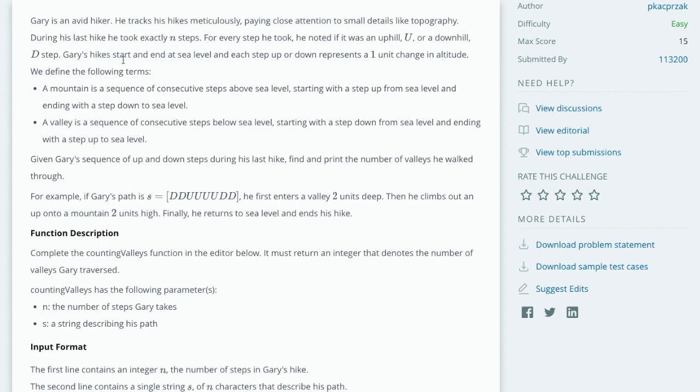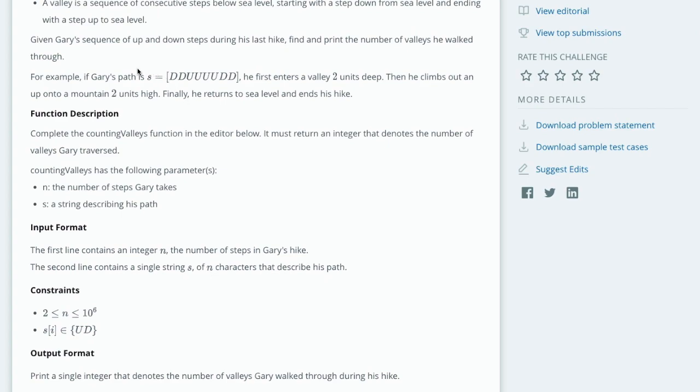Gary's hike starts and ends at sea level, and each step up or down represents a 1 unit change in altitude. We define the following terms. A mountain is a sequence of consecutive steps above sea level, starting with a step up from sea level and ending with a step down to sea level. A valley is a sequence of consecutive steps below sea level,